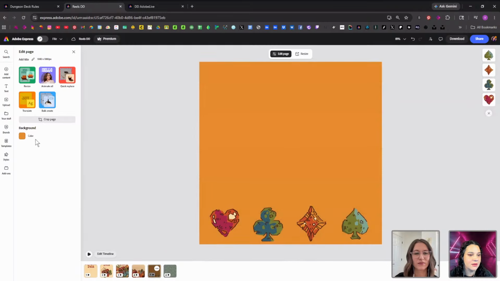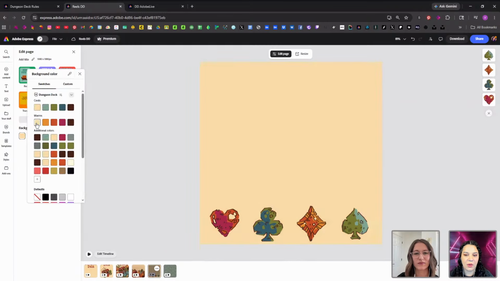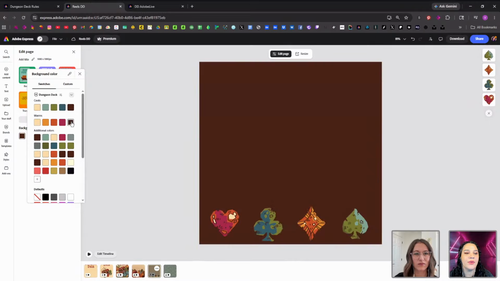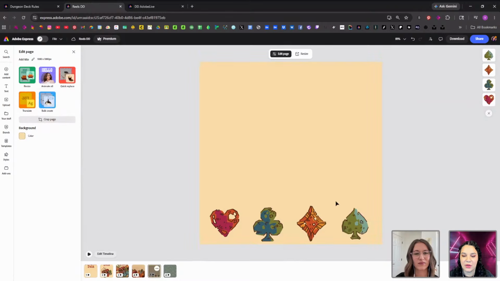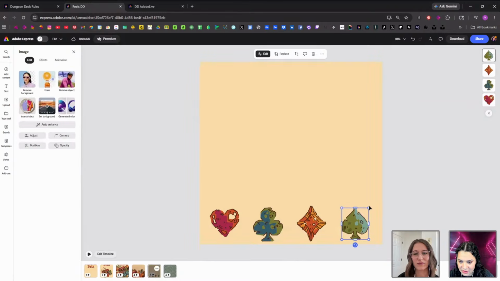I think what we're gonna do is turn this to our, this is the color that signifies warm white in our project. And then we also have this brown that is in place of black, you know, our warm black. But I think we're going to do this one, and maybe I'll make this a little bit larger.